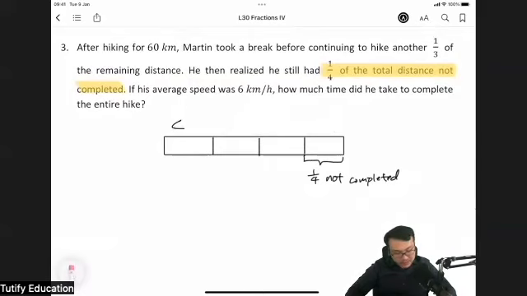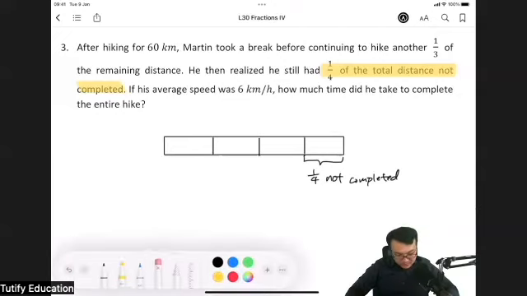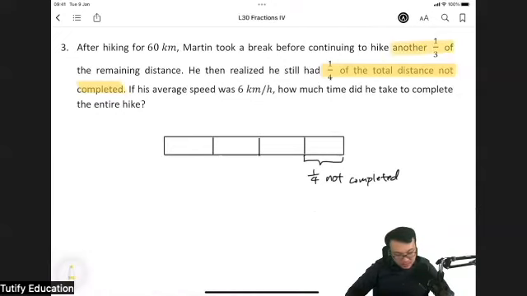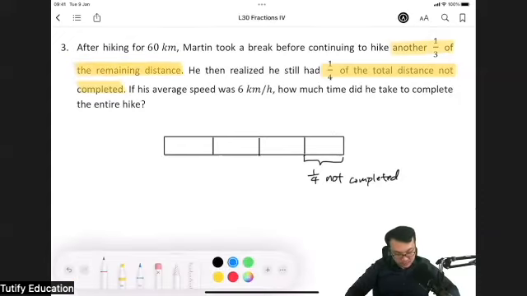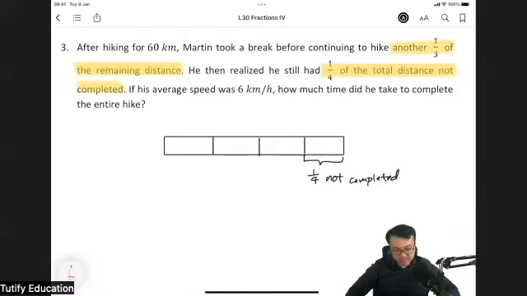Okay, so let's erase this now. And next, what happens? They say that he took a break. He hiked for 60 kilometers first, and then he took a break. So he continued to hike 1/3 of the remaining distance. 1/3 of the remaining distance. So can you imagine if this is the total distance, you hike for 60 kilometers. Let's say you hike for 60